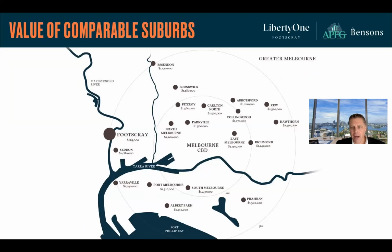Footscray itself is 5 kilometres from Greater Melbourne, and the average price in that area is less than $900,000. Hawthorn is also 5 kilometres from Greater Melbourne, and the average price there is $2.3 million. Essendon 1.5, Prime 1.5. So this is an area that is primed and predicted to have an extreme level of capital growth, and the government themselves are calling it a priority precinct, where they're shoving a whole bunch of money